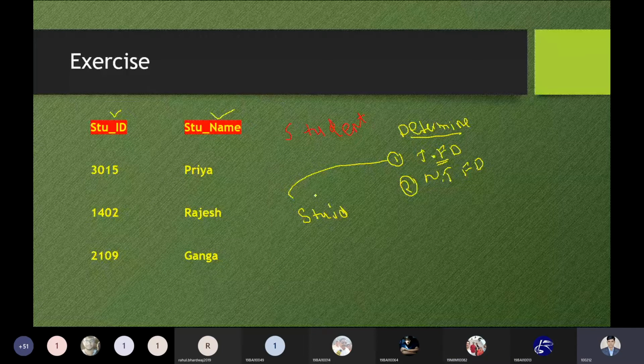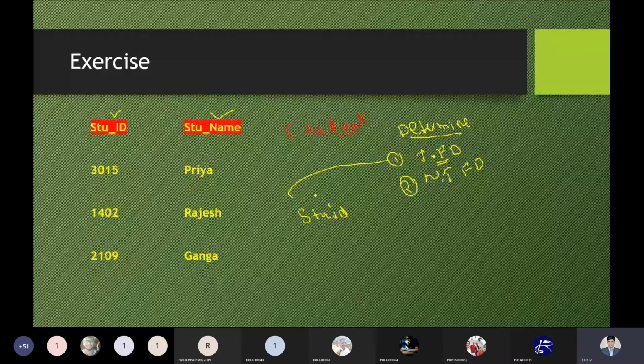It is not a trivial example, but if I write the answer like this, student ID and student name together, then yes, absolutely, it is trivial. Instead of the student name, you can take the student ID as well. So there's no issue.